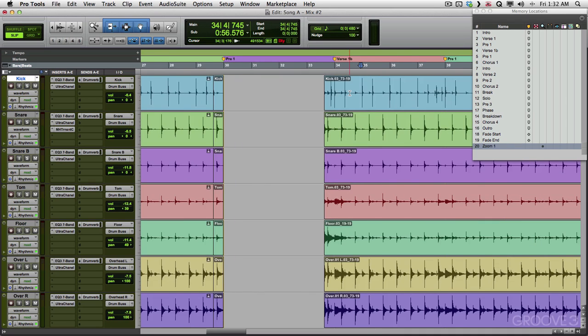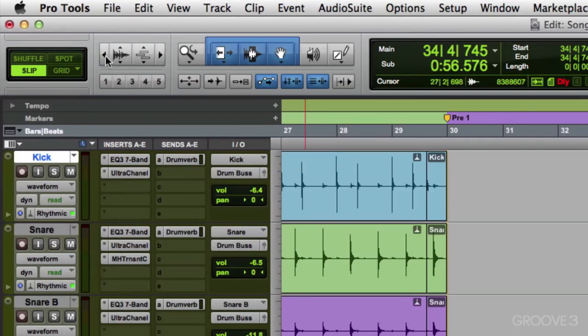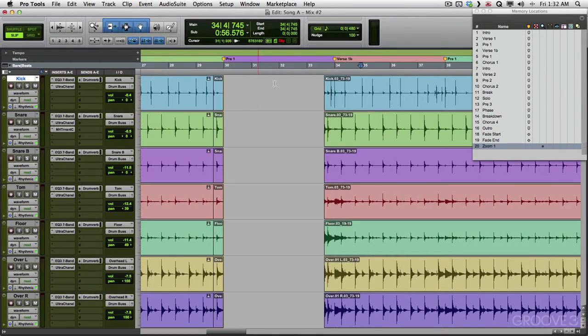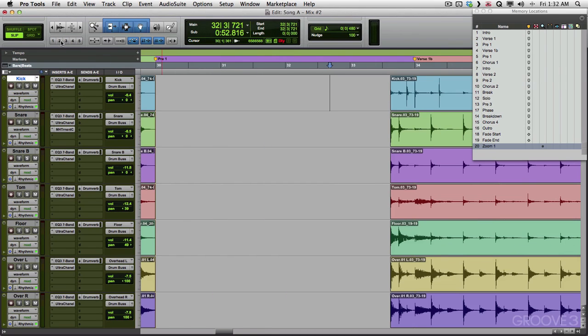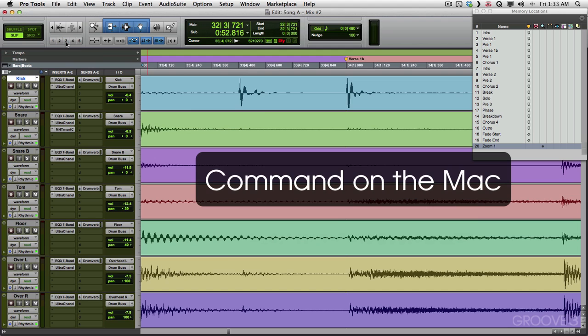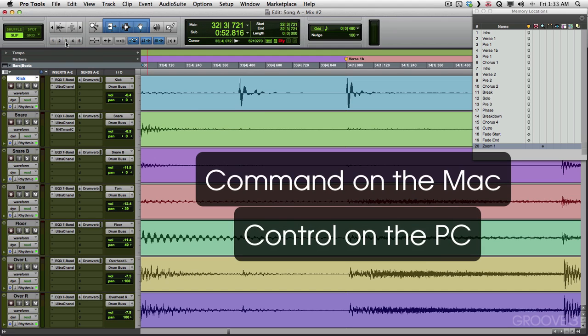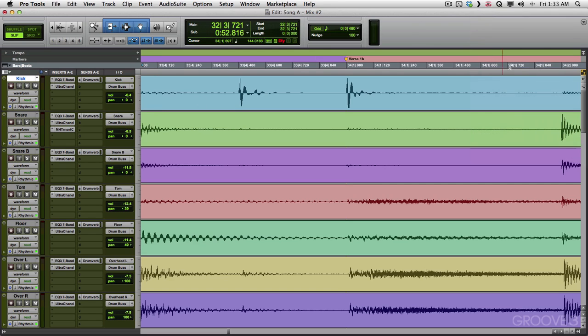Now using zoom settings on their own is not necessarily the most efficient way of using them. The reason being, we already have zoom presets over here. So we can set this up as zoom 1 could be like this, zoom 2 could be like this, and zoom 3 could be like this. I'm holding down Command on the Mac or Control on the PC and clicking these buttons. Now to recall them with Command Focus turned on, this thing right here,